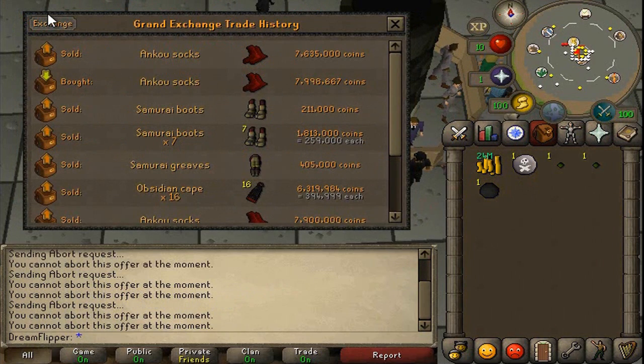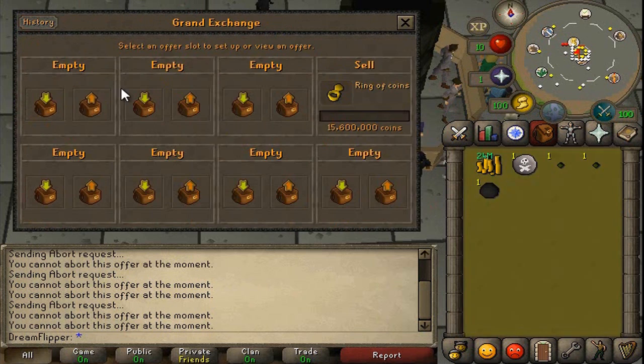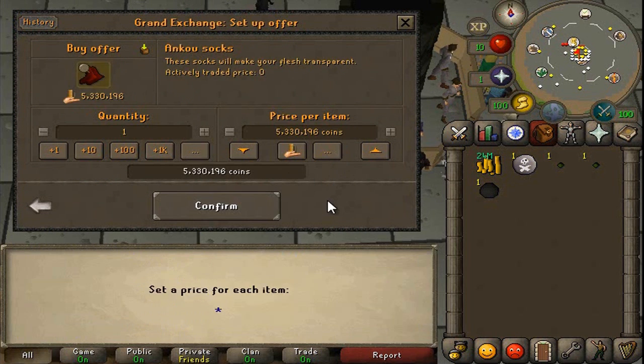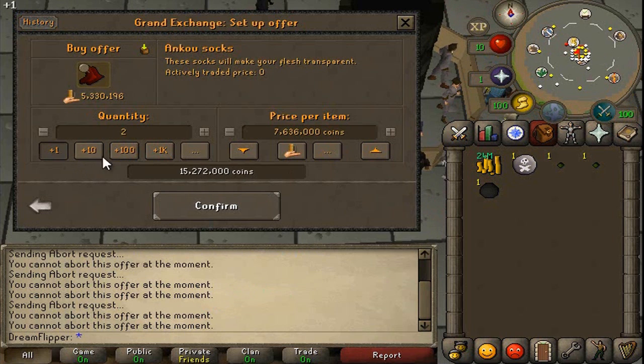Okay, so the margin on Anku socks, we just checked to be sure, is 300k, which is still not awful. They just do take quite a while to buy and sell. Sometimes you only get like one a day. So we'll probably just buy a couple of these, but we're going to save the most of our money for